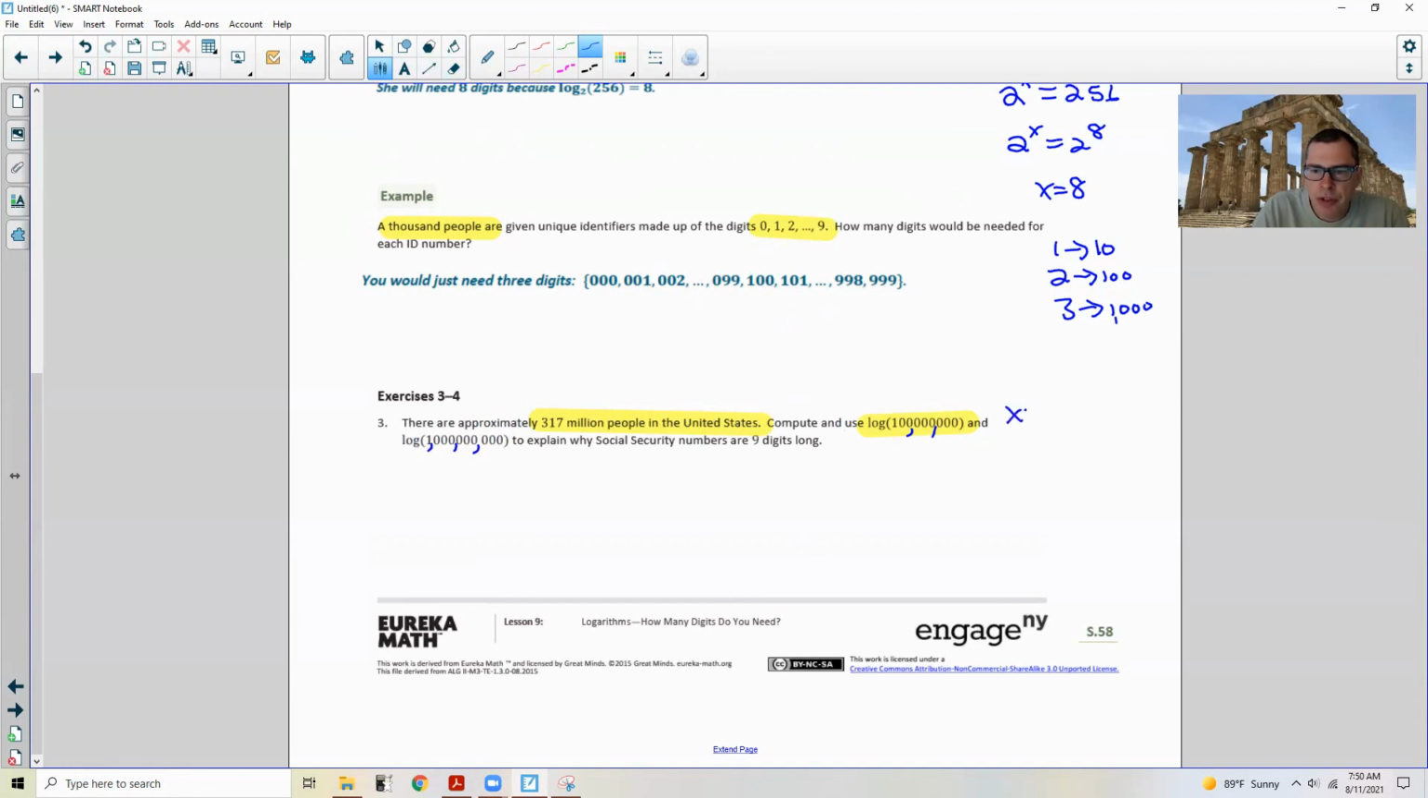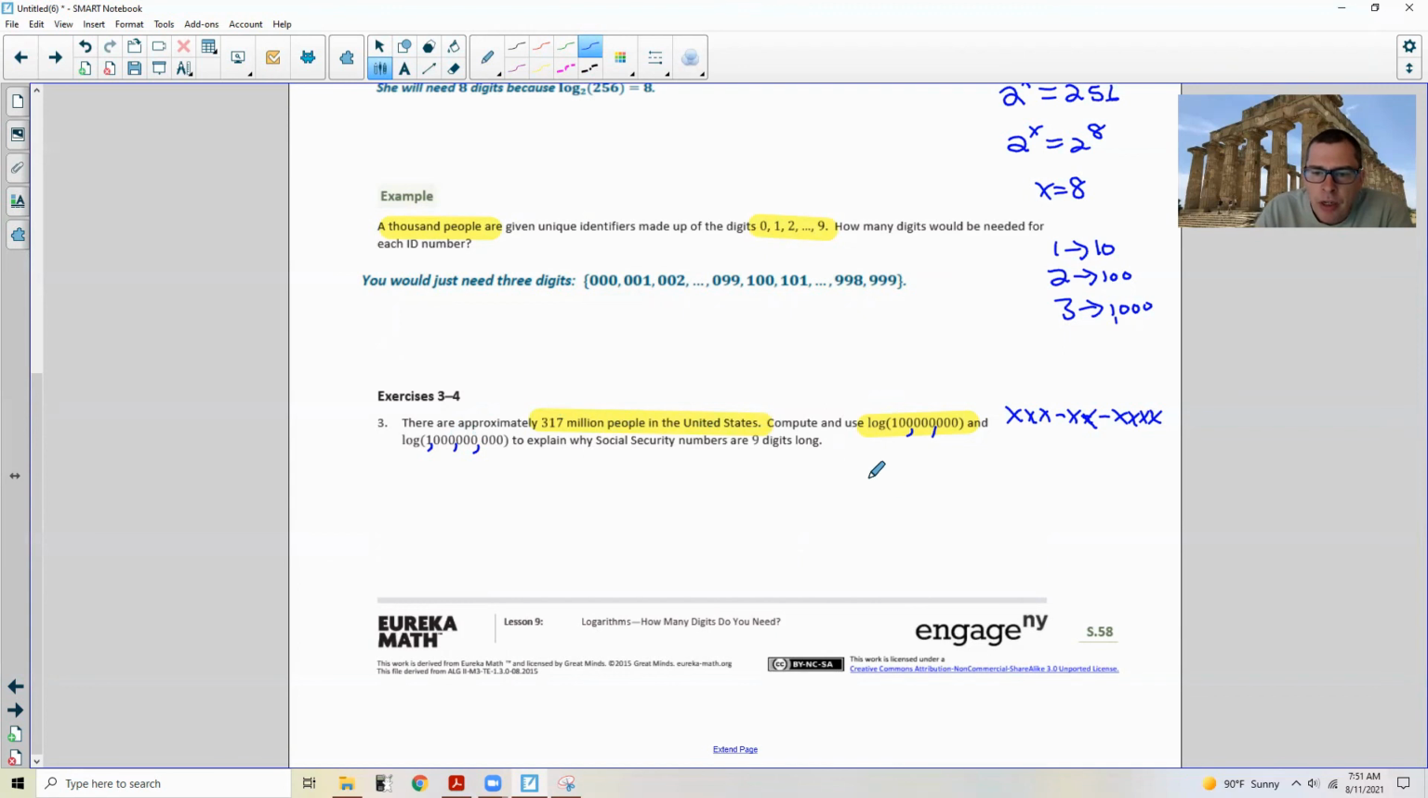So social security numbers are 3 digits dash 2 digits dash 4 digits. Okay, 3, 2, 4. We group them because it's a memory thing. We as human beings are better at remembering stuff if they're in groups. So 3, 2, 4 is a social security number, totaling 9 digits. So there's approximately 317 million people in the United States. Compute and use log of 100 million and log of 1 billion to explain why social security numbers are 9